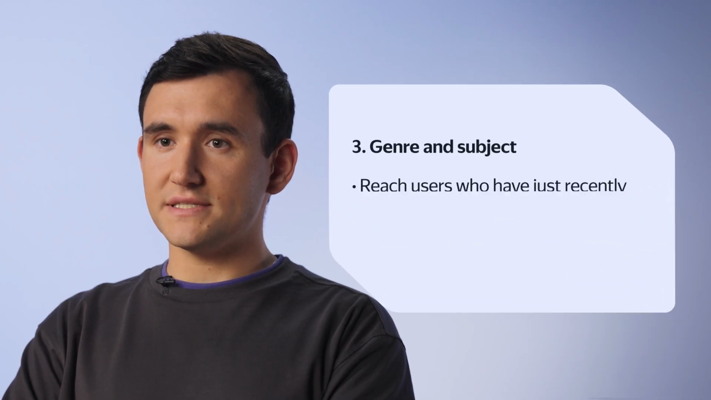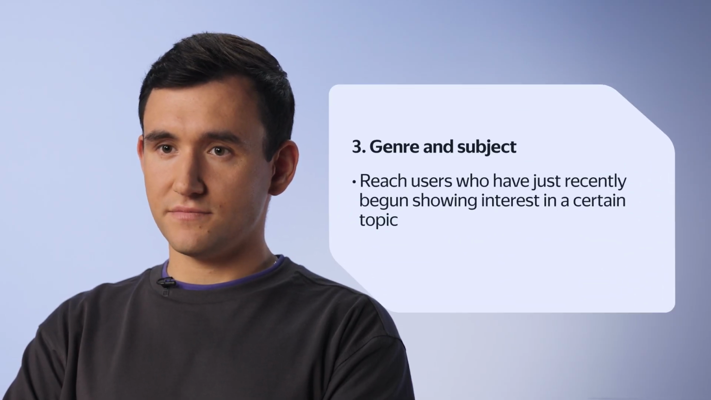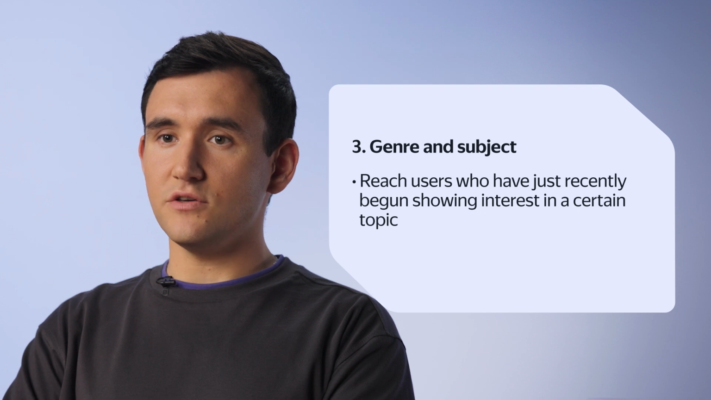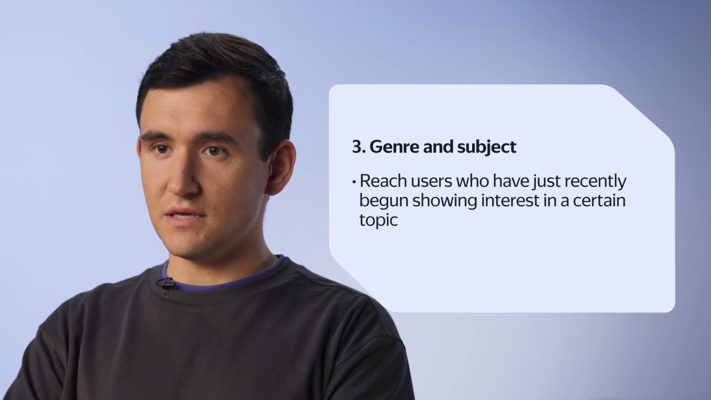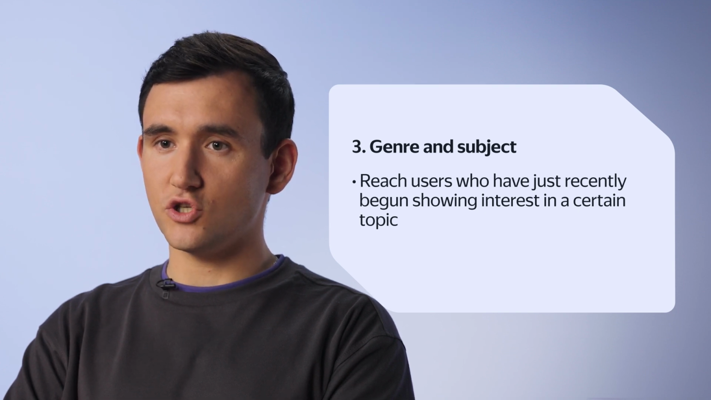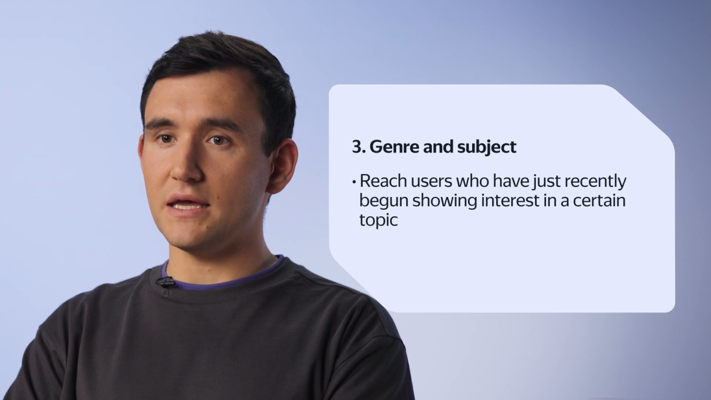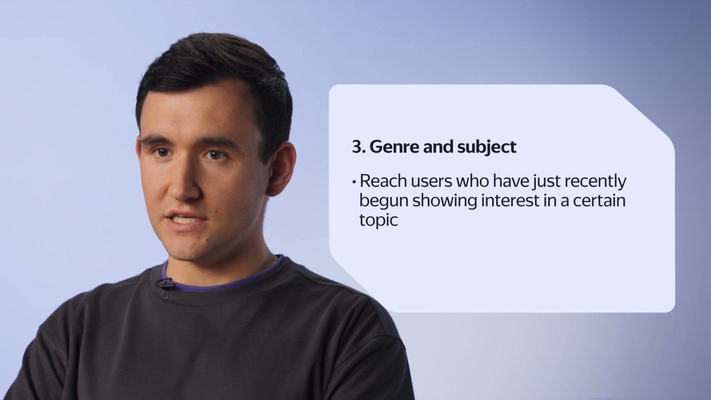The third option is targeting by genre and subject. These settings allow you to reach users who have just recently begun showing interest in a certain topic and don't yet appear in the segment associated with this interest. For instance, during the vacation season, you can run an ad campaign that targets the travel category. In this scenario, your ad will only be shown to users who are actively viewing travel-related content or reading articles